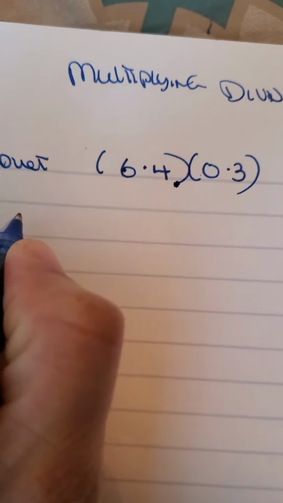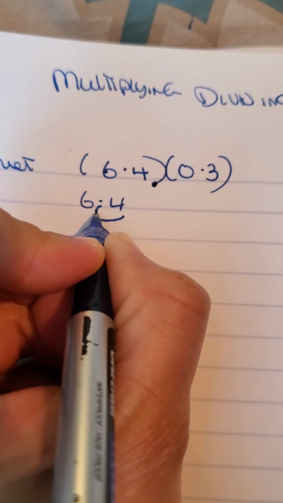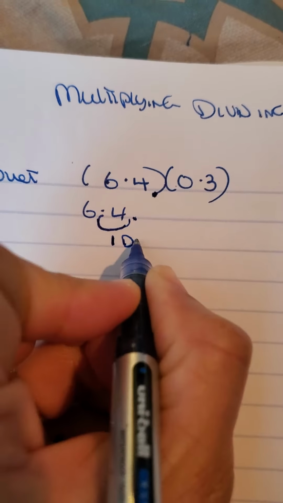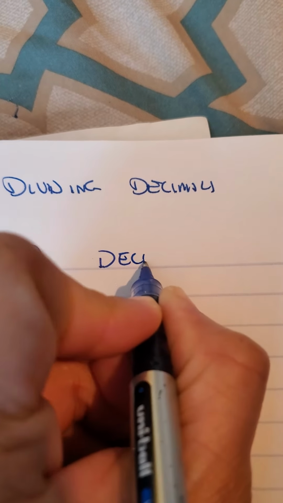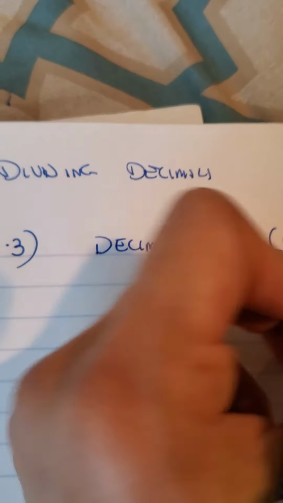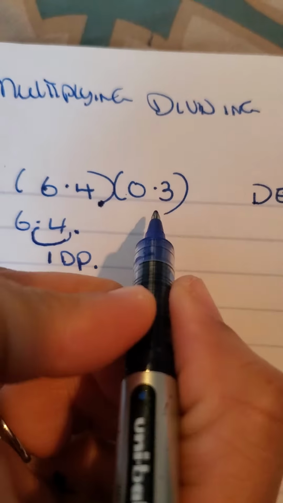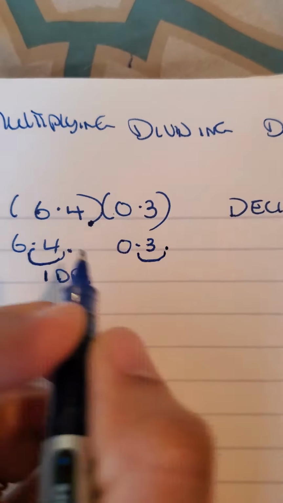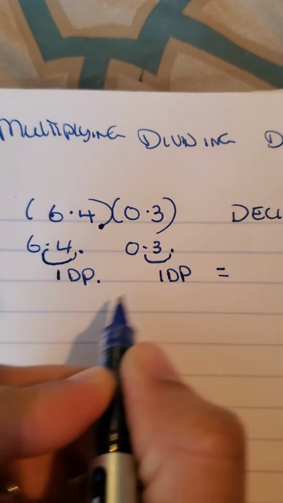If I look at 6.4, I would have to go one decimal place for it to become a whole number. I call that 1 dp, as I mentioned in the notes, decimal place. Let me just put a little key here: decimal place, dp. So one decimal place, and I'll get 64. And then for 3/10, I move to the right one decimal place, also 1 dp, and that gives me a total of